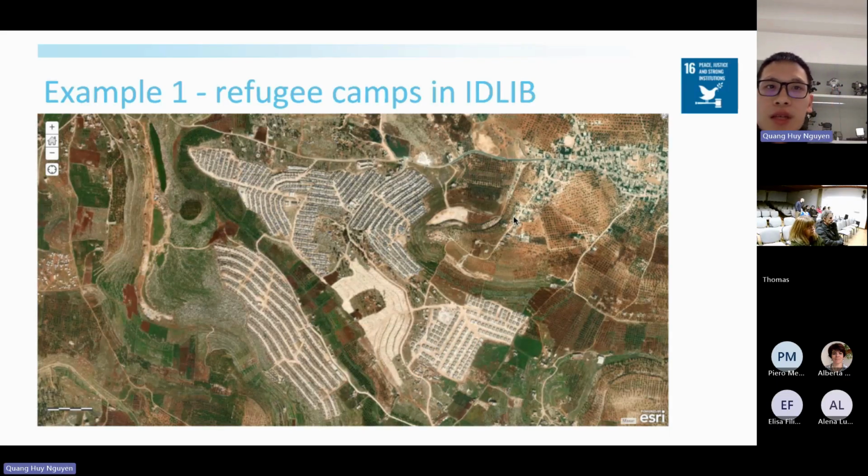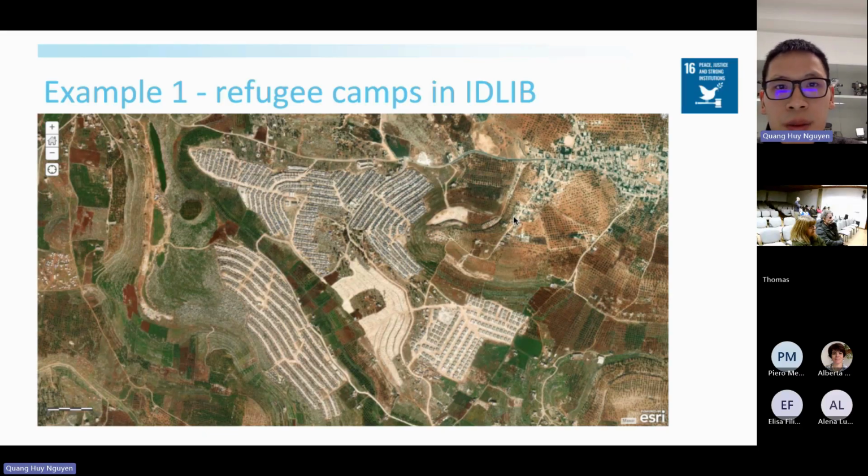And one of the refugee camps I also want to show you is the refugee camps in Idlib. Idlib is also a city in Syria, really big city, and there they have constructed a lot of refugee camps in this area so that people can stay here.